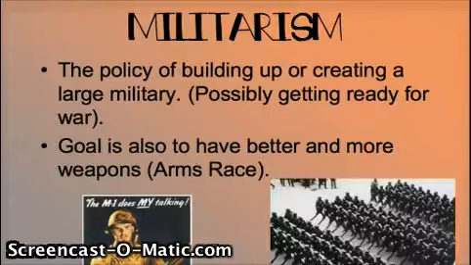Militarism. Militarism is the policy of building up or creating a large army. Sometimes you might be getting ready for a war, or you just know that you want to have a large defense against any other country, or just to know that you're stronger by having a larger military. The goal is to also have better and more weapons. This can be called the arms race. So in your foldable, you need to write policy of building up or creating a large military, and quickly jot